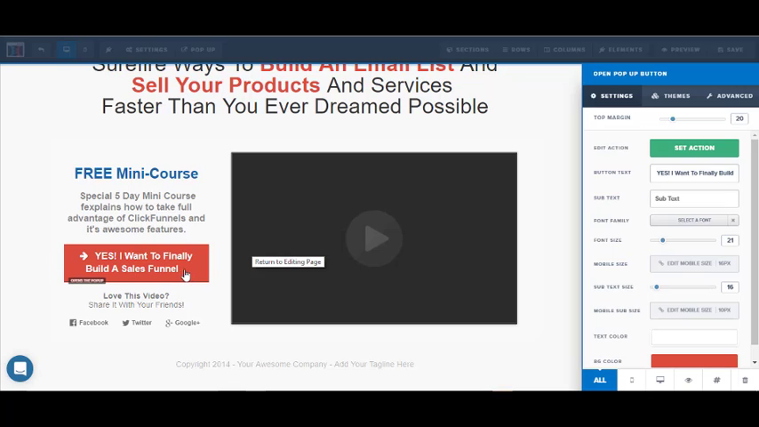And then I've changed the button text because I like to be fairly bold with my calls to action, to say, yes, I want to finally build a sales funnel, to get them to click on it. Underneath that, we've got some sharing options, video over here, and that's really as simple as we're going to keep it. Now, this button is going to open up a pop-up window,